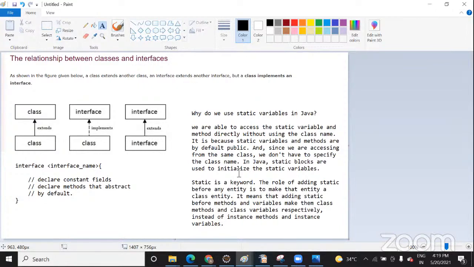and it will not create a separate space for every object. Think about it: when you create multiple objects of the same class, obviously it's not required that they create different spaces in memory. It is fine if they occupy the same space, right? That is the reason we use the static keyword. You add it before a variable or method, and it tells you that it belongs to that particular class and is a member of that class, not an instance method or instance variable. Do you know what an instance variable and instance method is?